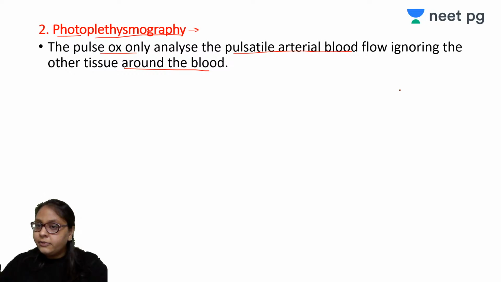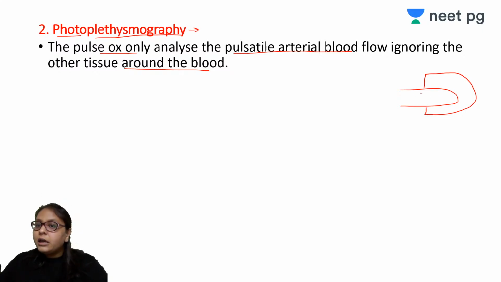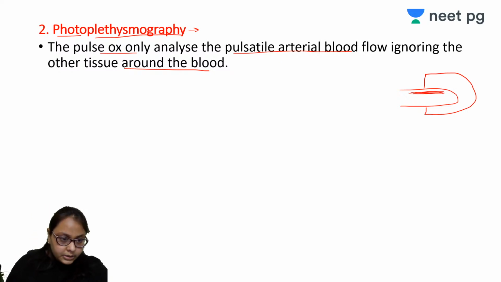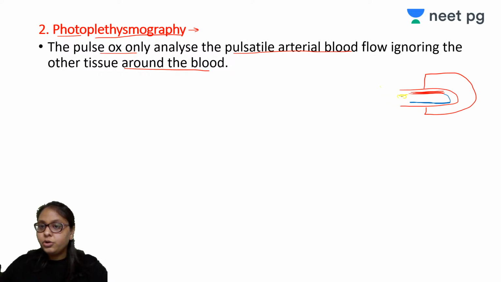How can we understand this? वापस से diagrammatic, finger pulse oximetry. अब फिंगर के अंदर सिर्फ आर्टीरियल ब्लड फ्लो तो नहीं हो रहा, ठीक है, there is also the venous blood flow which is flowing, ठीक है, and there is also the tissue और फैट भी प्रेजेंट है, ठीक है। तो when the light emitting diode is emitting the light, all these structures will absorb the light, है ना,